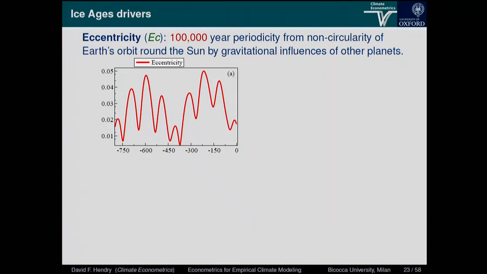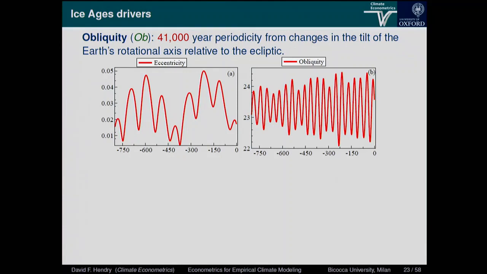It's a 100,000-year periodicity in the non-circularity of the Earth's orbit around the sun, because of the different gravitational influences of other planets pulling the Earth away to make it slightly non-circular. It's about 1% off, 1.5% off. It's not dramatic. But as you can see, it has varied a lot over time. The obliquity has also varied a lot over time. Indeed, it appears from the data that I've got that it's got changing variance. So you can see that both of these time series are non-stationary, right? If you treated them as a stationary series, you would not get the right model out.